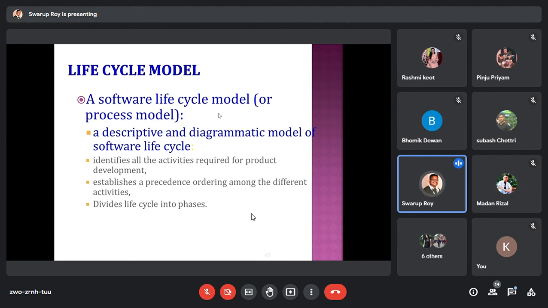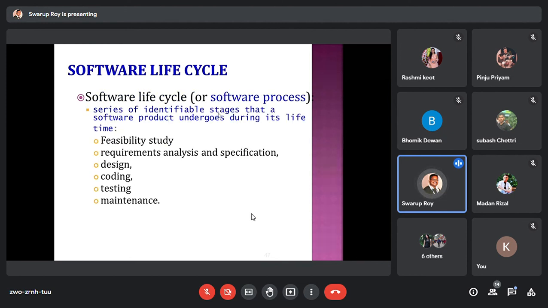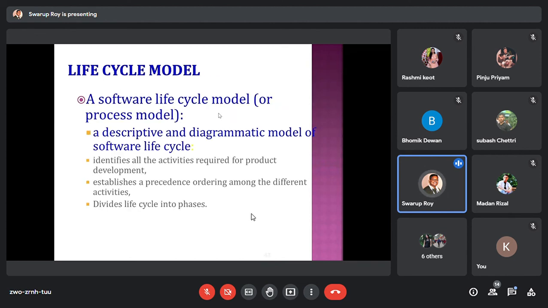It identifies all the activities for that software, and as I mentioned, the chain of work, the dependencies, the precedence, the ordering. What phase to be done, what phase to be repeated. These life cycles are divided into phases. I discussed these phases in the last class. These are the phases mainly, but how to do them, the models actually vary.